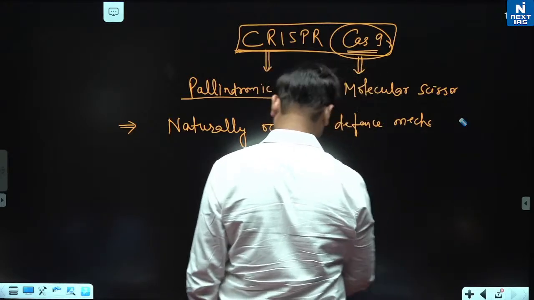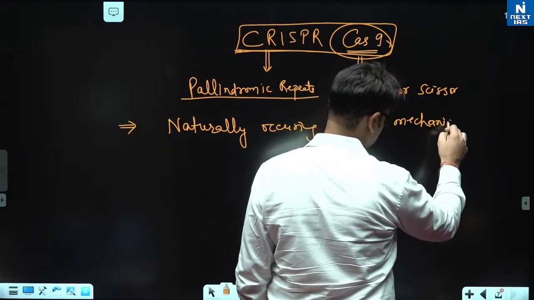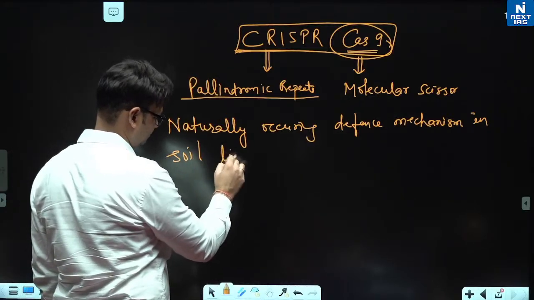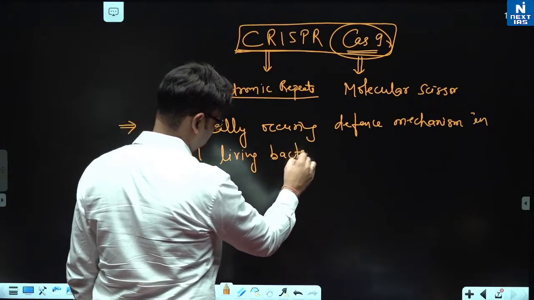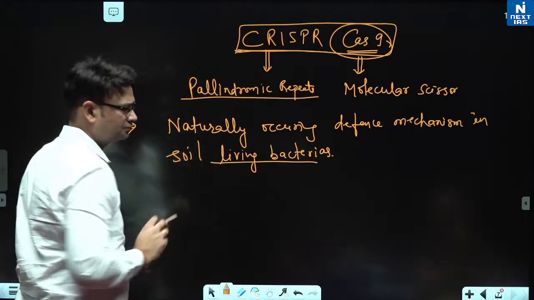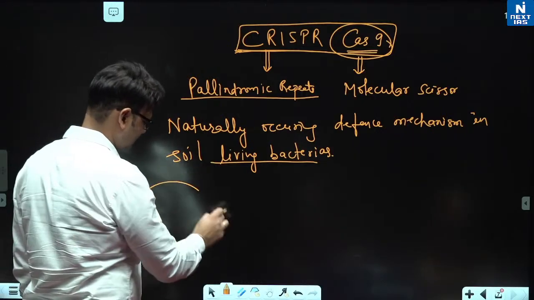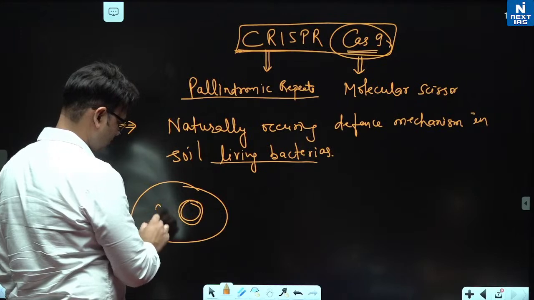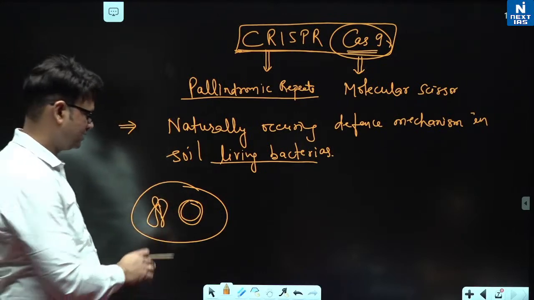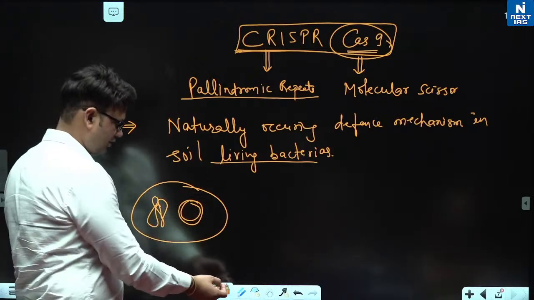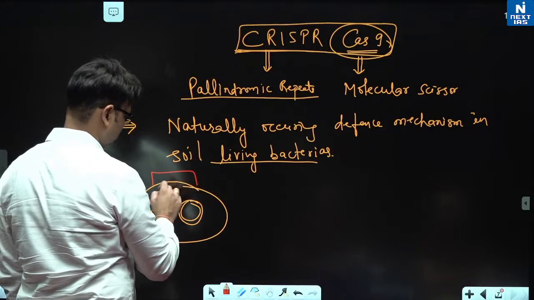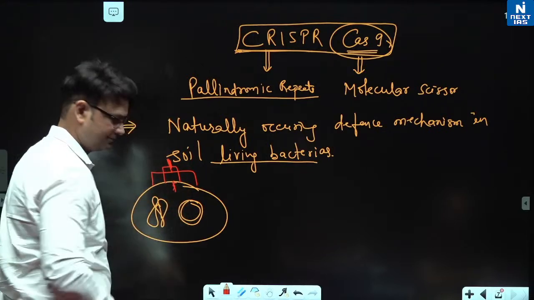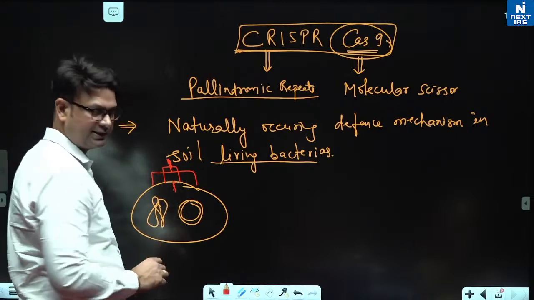in soil living bacteria. ठीक है, होता क्या है, कुछ soil living bacteria है. So this is a bacteria. It has its own maybe plasmid, and it has nuclear material that is scattered in the cytoplasm. Okay, so if it is attacked by a virus, okay, so virus basically releases its DNA here. Okay, so once this DNA attacks this